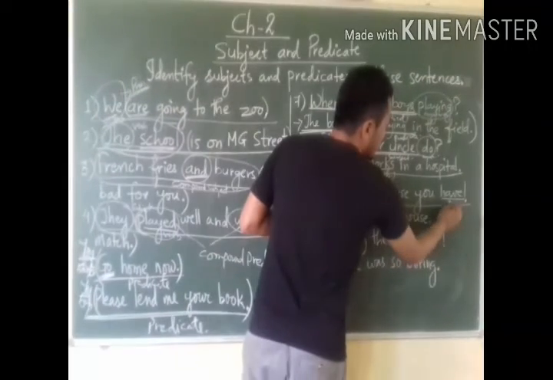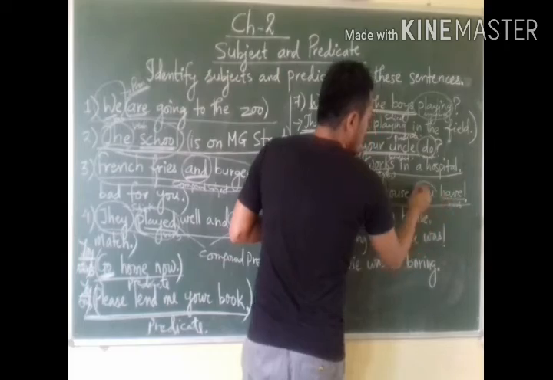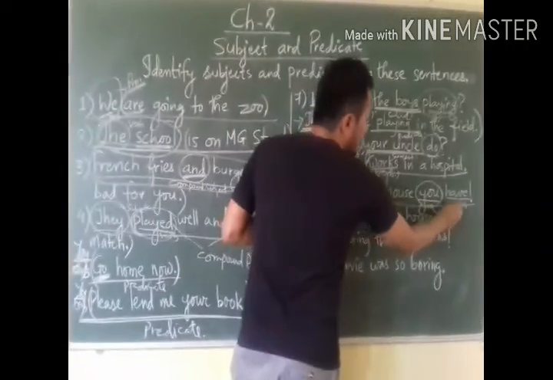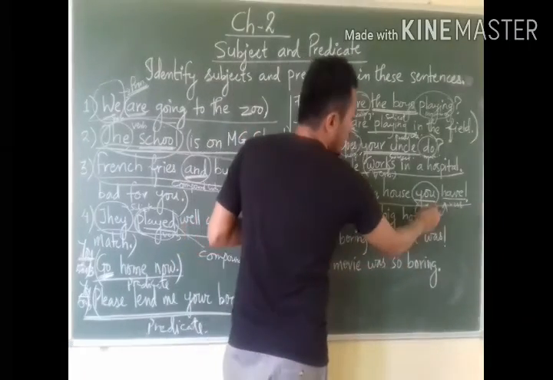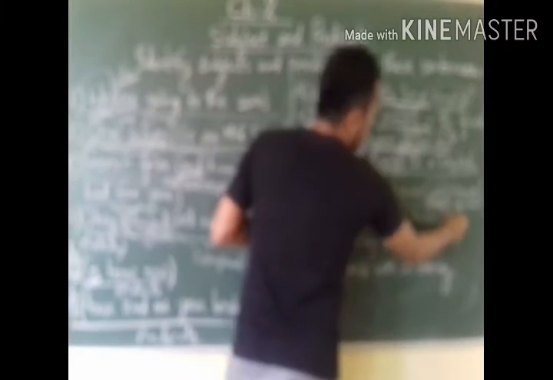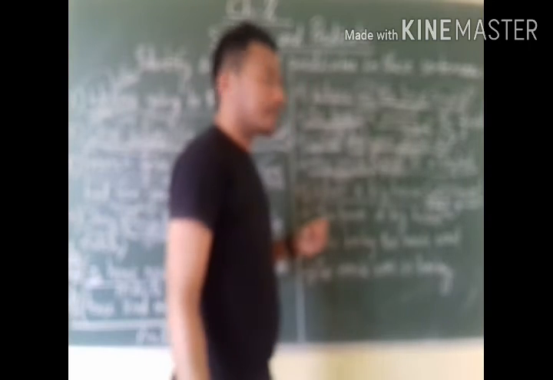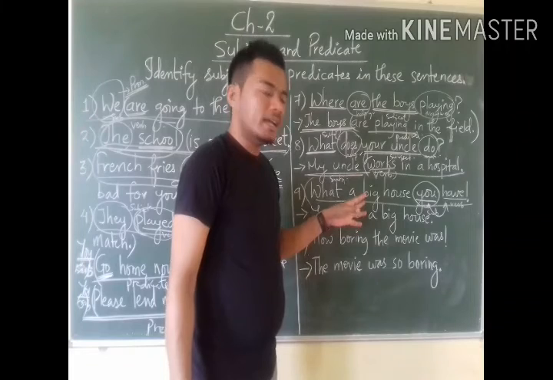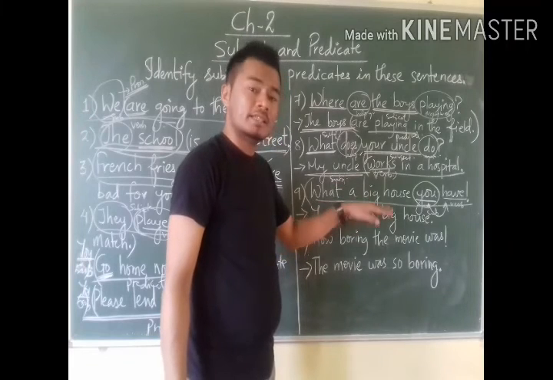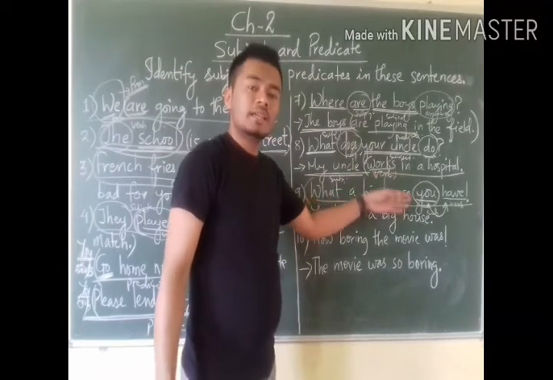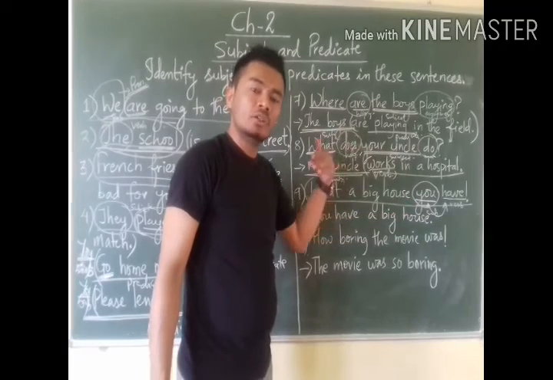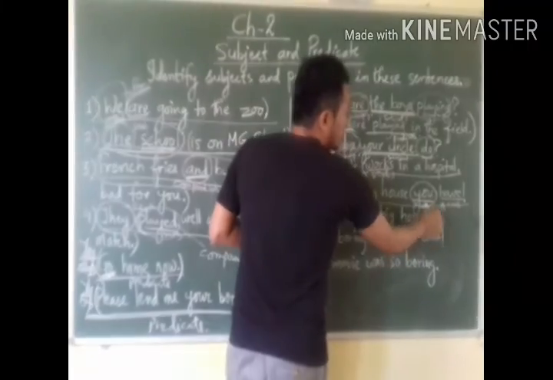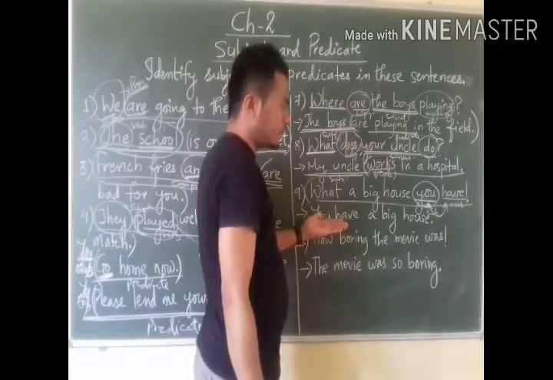See, have is the verb. So here, the pronoun you has been followed by the verb have. So here you is the subject, because I told you that exclamatory sentences end with the subject followed by the verb, and I have already told you verbs are the main part of the predicate. So here you is the subject. Understood?